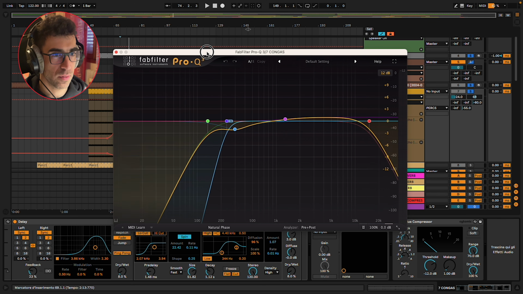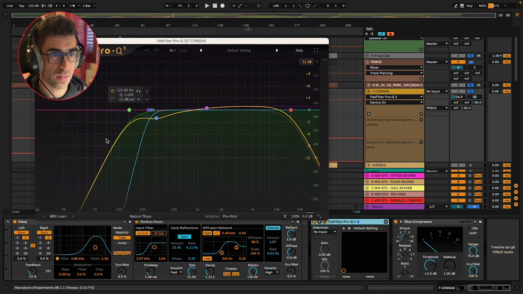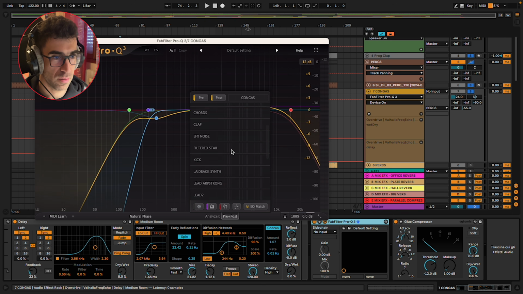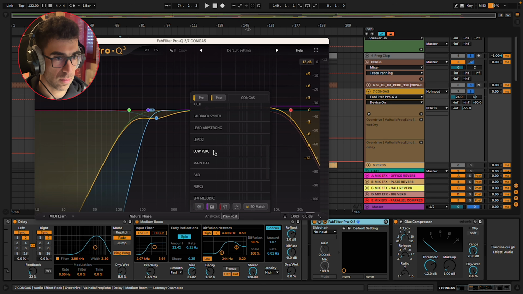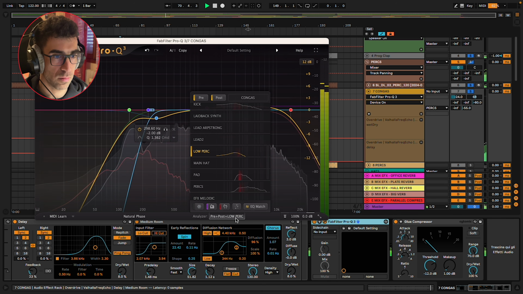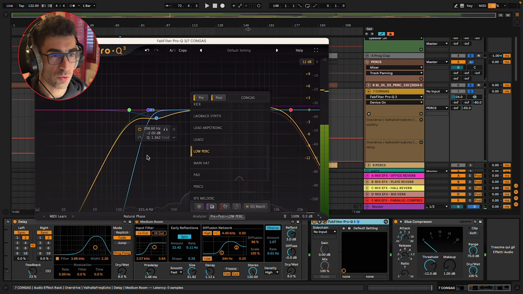Once again, we have FabFilter for EQ, removing the low end, making space for the low perc we heard before. Just tiny adjustment, -2 dB. Let's see if I can see the percussion here, low perc. As you saw, they were hitting the same spot here.